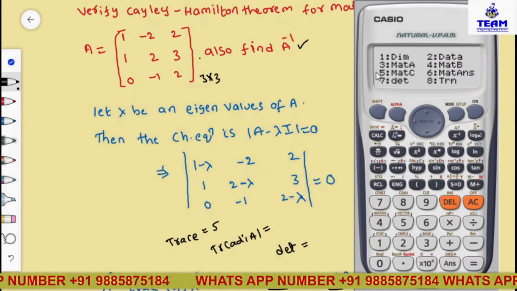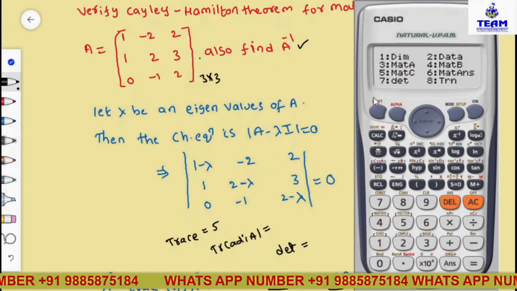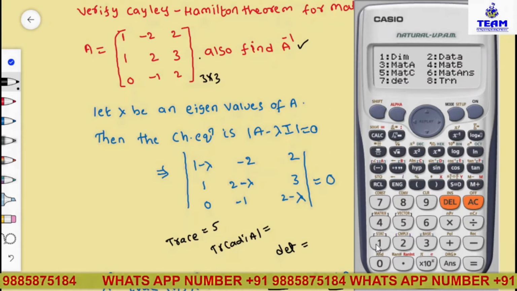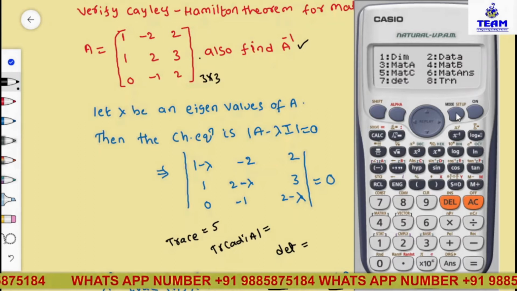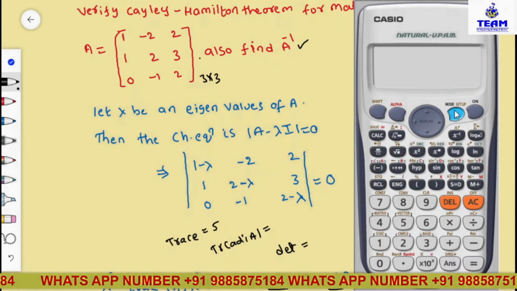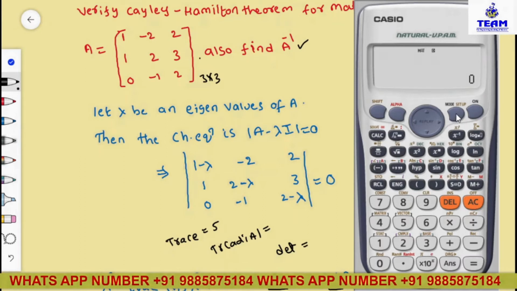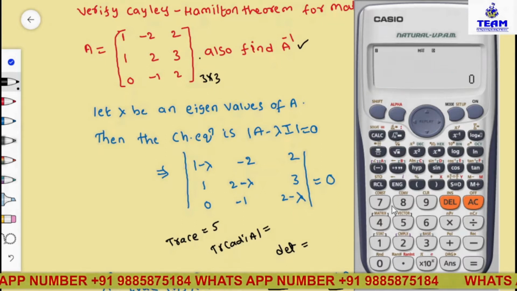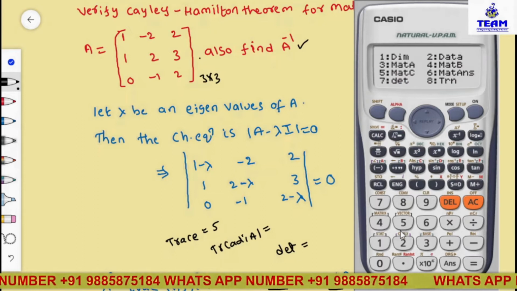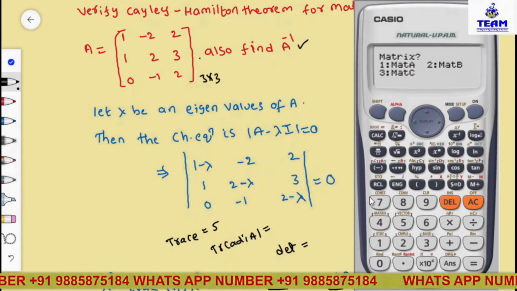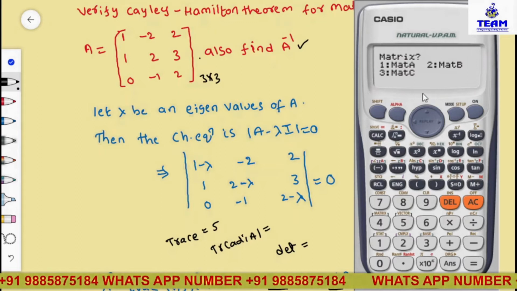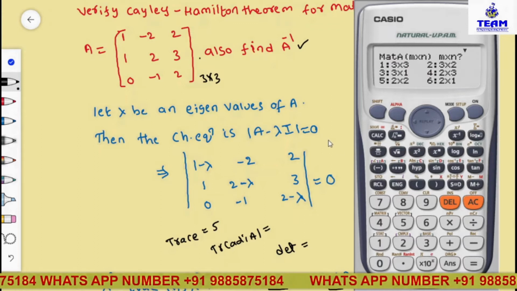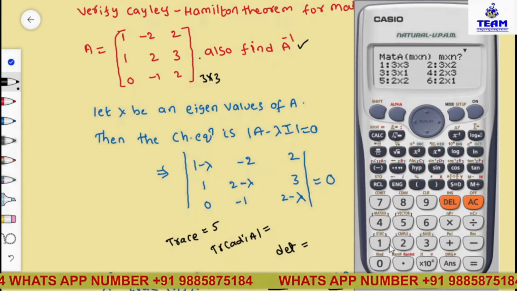Now, if you want to enter any new matrix in the calculator, first we need to write the dimension. What is the dimension you have? First mode, then go for 6 matrix, press AC, after that shift 4. Now go for the dimension. What is the dimension of the new matrix? What name will you give for that? Mat A. Press 1. Now it is of order 3 by 3, so press 1.